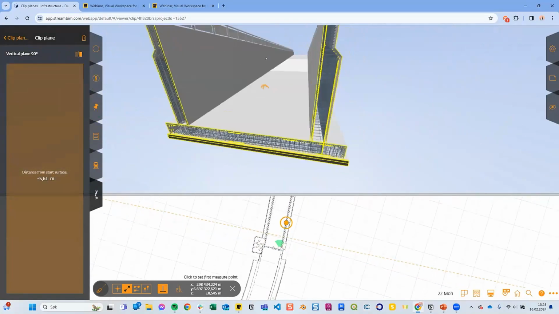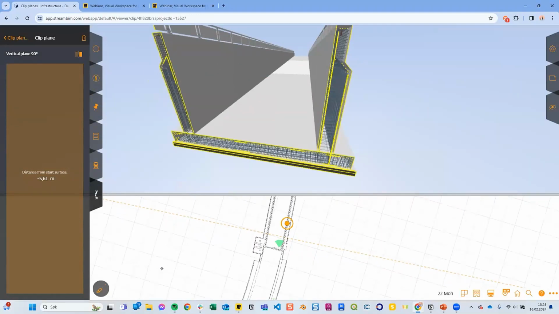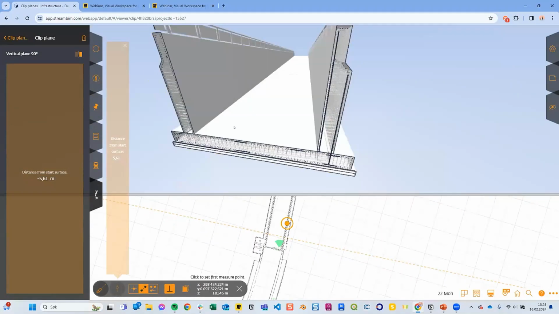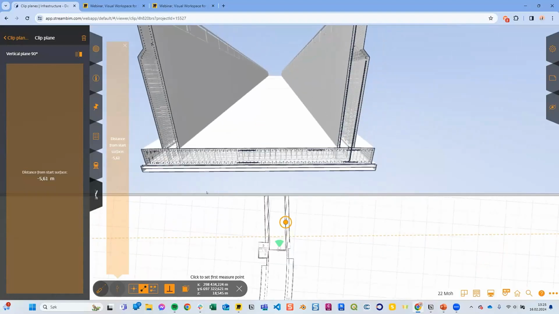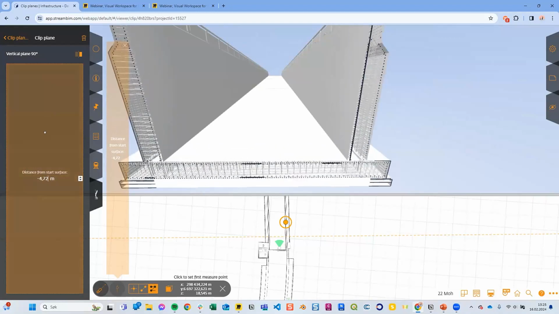I will do some more here if I bring out a measure plane onto here, and then use this chain measurement, and click on that edge, and then over to this. Actually, I will do something a bit more interesting.